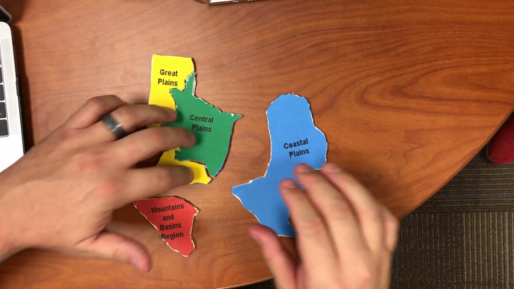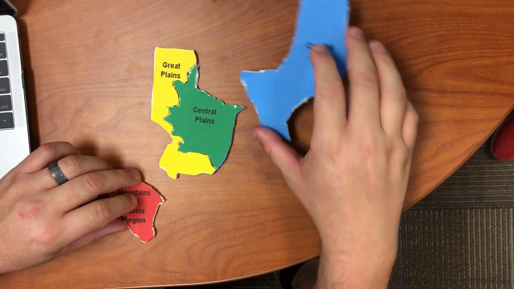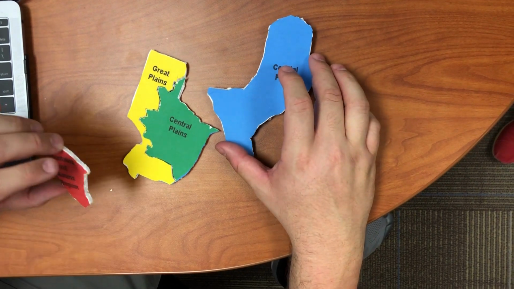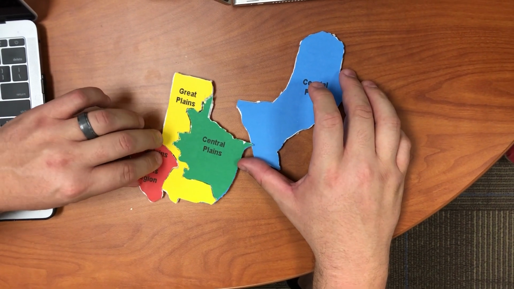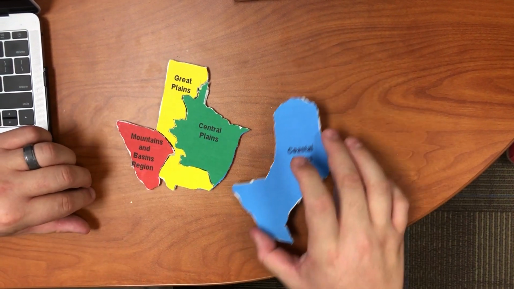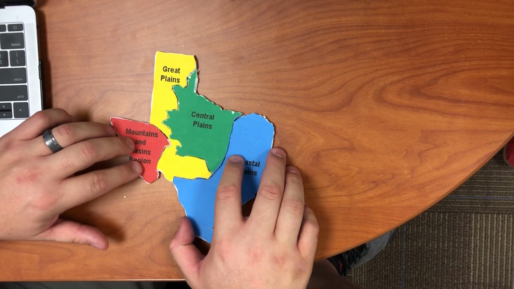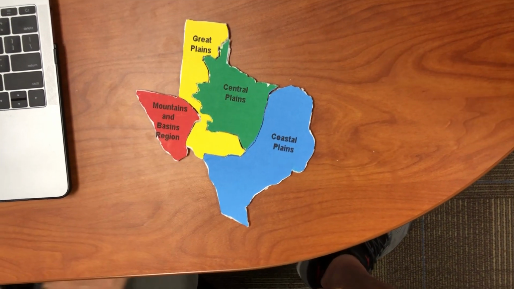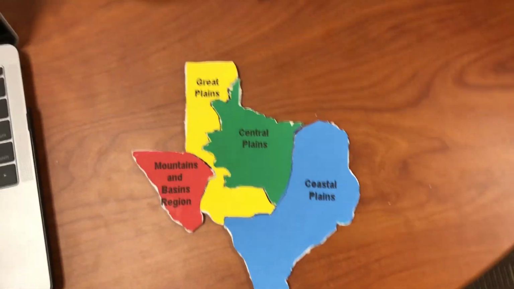I think that goes there. Very good. And coastal. Think about the shape of Texas as you're putting it together. I think this one goes over here. Okay. Oh, there we go. Good job. Cool. So now that we've got our puzzles put together, and each one in the group, as y'all are talking about things,